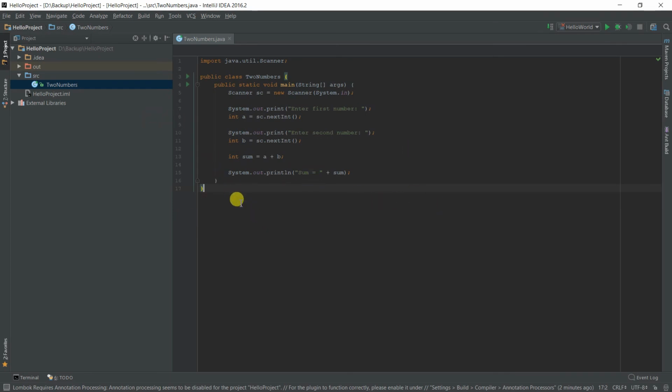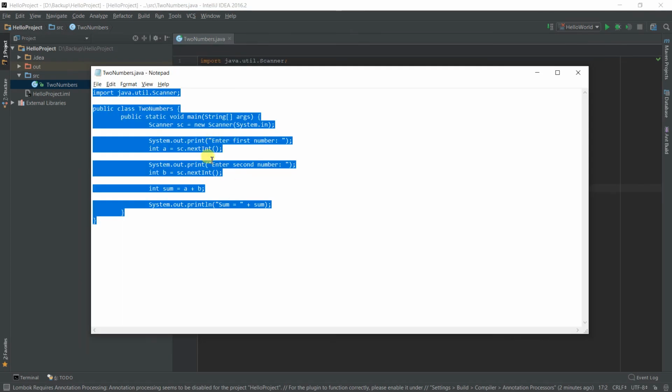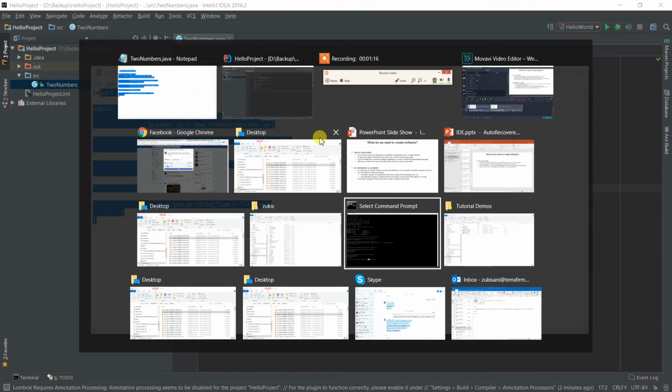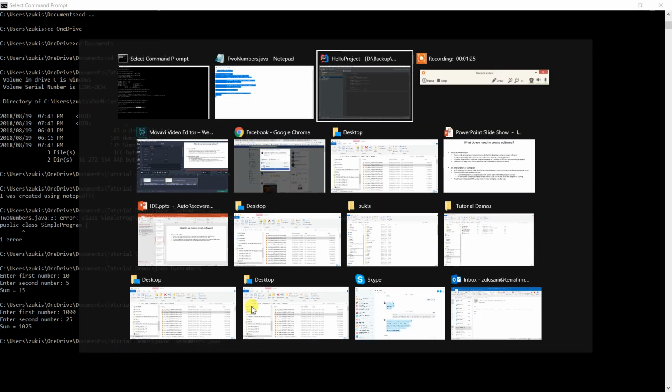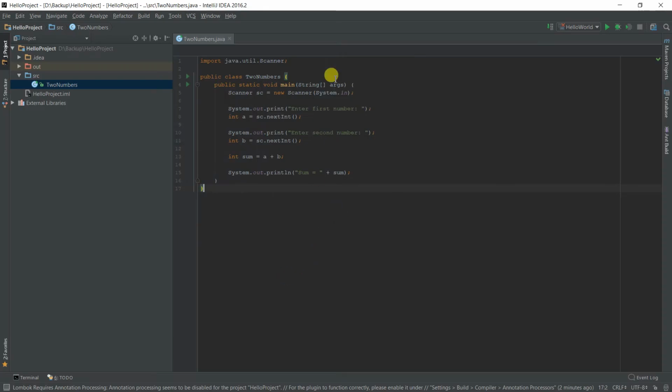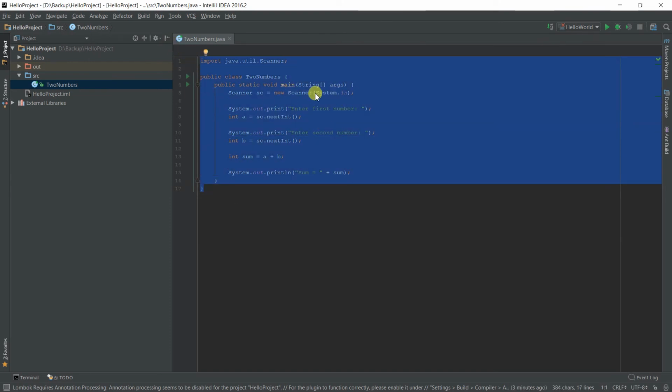Now remember, previously we had to first write the file over here, then come over to the command prompt, then use the javac compiler to compile it, and then use java to run it. In this case, in this one software, the IDE, we have our source code editor,